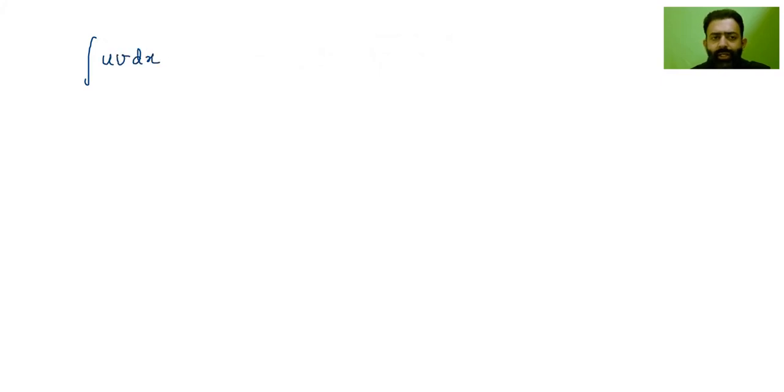So if you are integrating uv dx, with u as the first function and v as the second function, that is, first into second function, and these are decided by the ILATE rule, then the formula says this is equal to